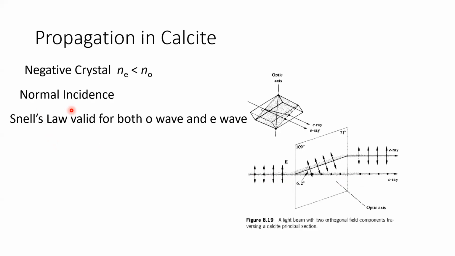One can show, and there's a half a page derivation given in Born and Wolf, that for wave propagation, Snell's law actually holds. There's a very wrong understanding that Snell's law does not hold for the extraordinary wave. No, that's not the case. When you're talking about waves, for both the ordinary wave and the extraordinary wave, Snell's law holds. Which means, as far as the wave is concerned,